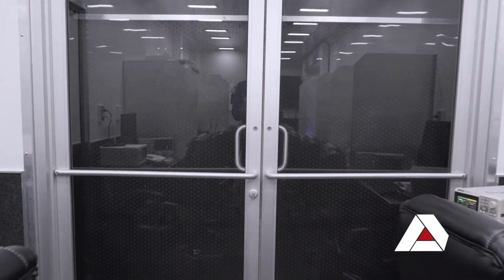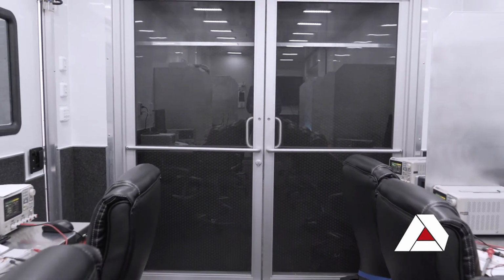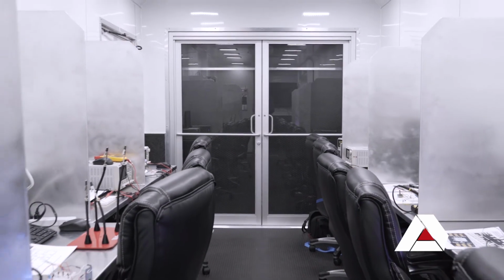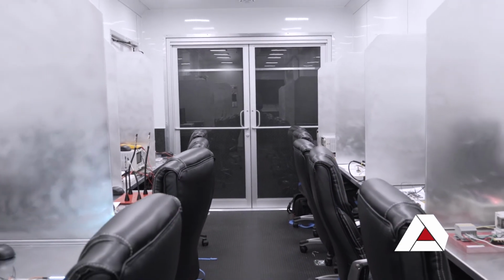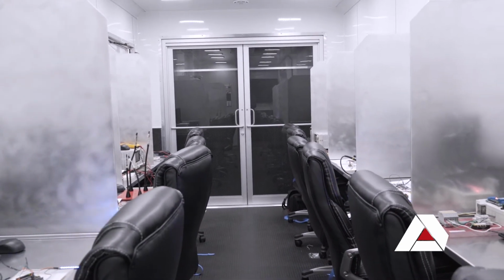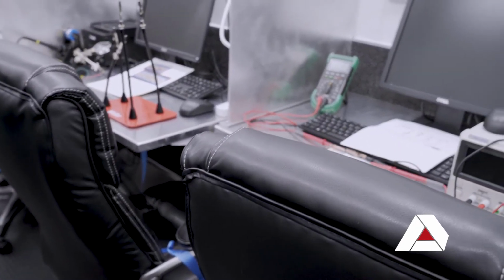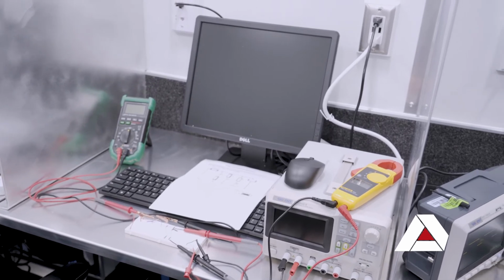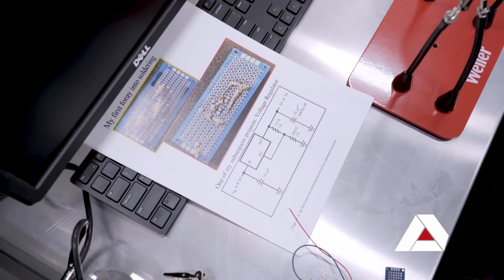So the hands-on activities that we'll be allowing them to work on would be activities that we would introduce to our students here at the college as well. Some of the things that we will be doing in the STEM lab is we'll be working with electrical components such as your stethoscopes. We'll work with breadboards to build different circuits, such as electronic circuits. We'll also be working with 3D printers for students to get the hands-on experience to build out 3D objects and